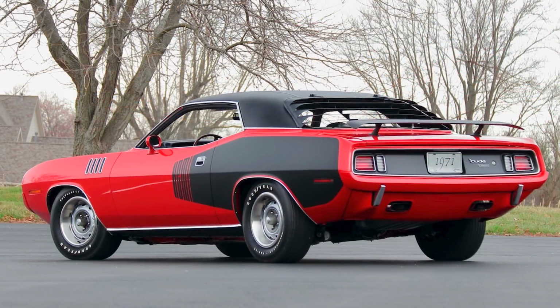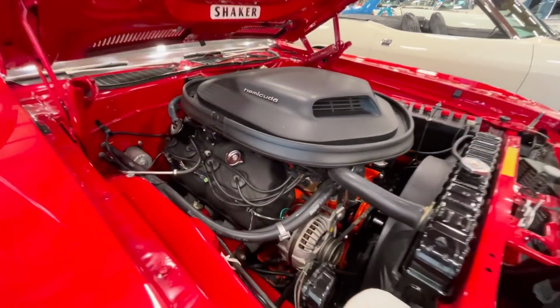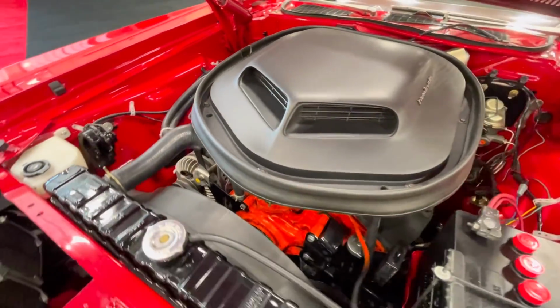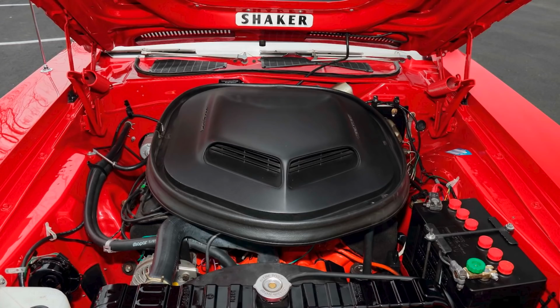This car has also had a frame-off rotisserie restoration. Under the hood is the 426 Hemi that we've seen several times on this list, with 425 horsepower on dual 4-barrel carburetors, along with the A833 4-speed manual. It also has the Dana 60 rear end and 3.54:1 gear ratio, but perhaps the best part is the factory